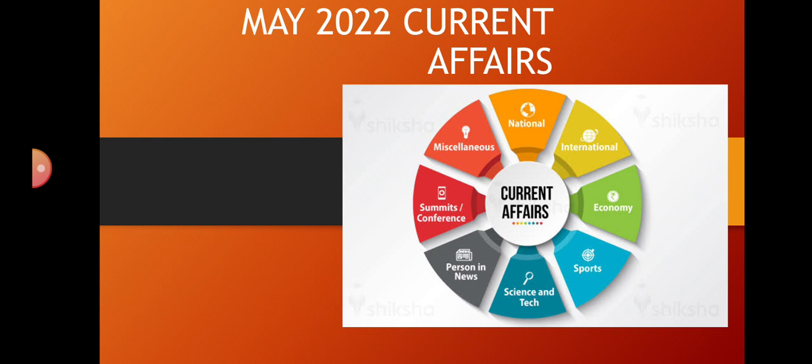For example, shifting of subjects like forest and education from the state to the concurrent list by the 42nd Amendment. Dominant position of center. In concurrent list, central law prevails in case of conflict between state and the central law.